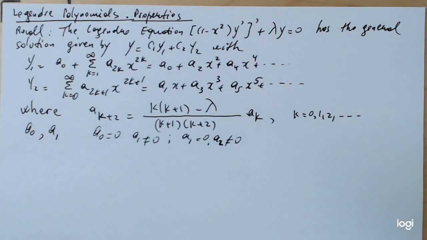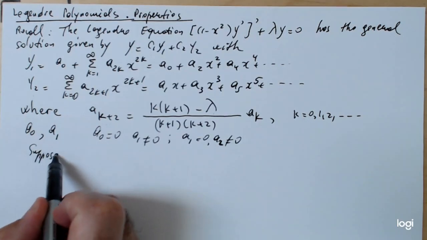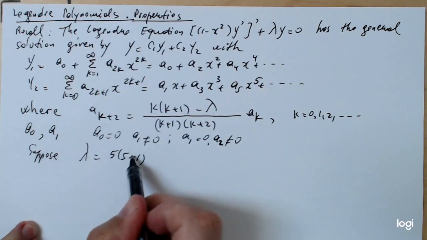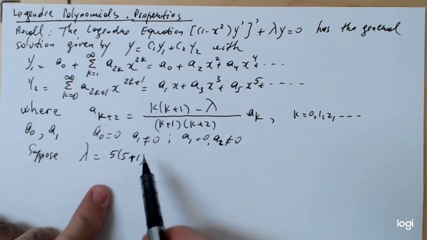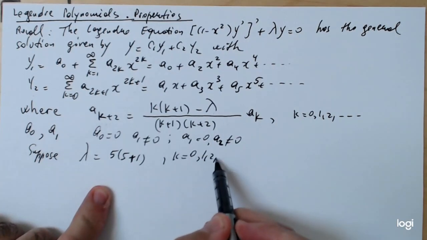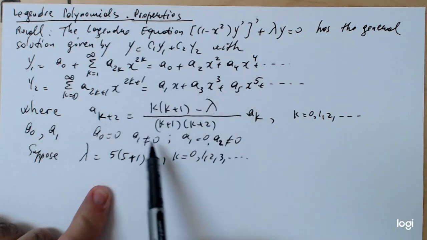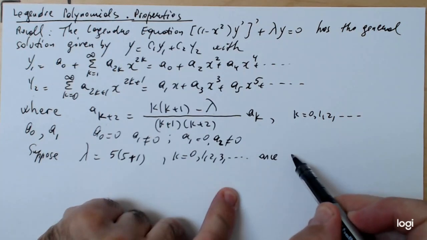And imagine, for instance, that you choose lambda to be 5 times 5 plus 1, which is basically 30, right? But purposely, I'm going to keep it in that format just to see that as k goes from 0, 1, 2, 3, and so on, as you come up with this iteration at each step,